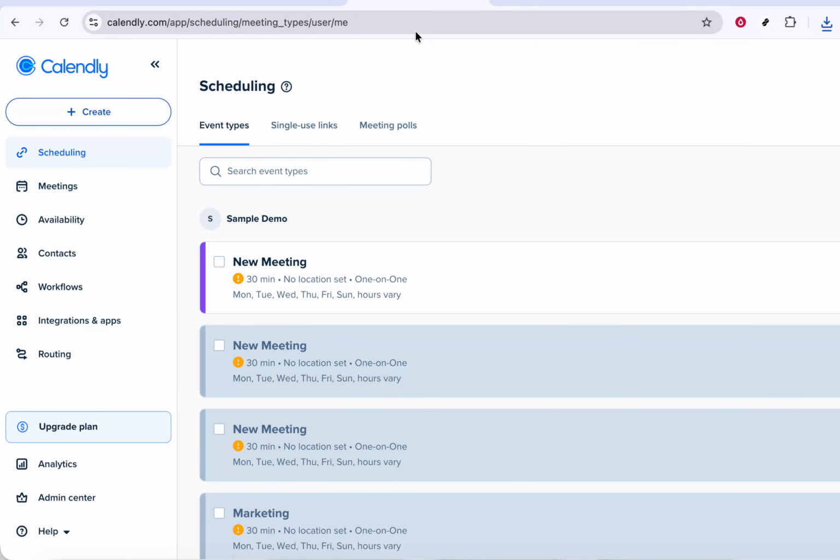In today's video, I'm going to teach you how to add events to your Outlook calendar automatically in Calendly. If you're using Calendly to schedule meetings, you probably want those events to show up in your Outlook calendar without any extra work. Connecting the two makes sure you never double book yourself and always see your true availability in one place. I'll walk you through the process step by step, and by the end, your Calendly events will sync